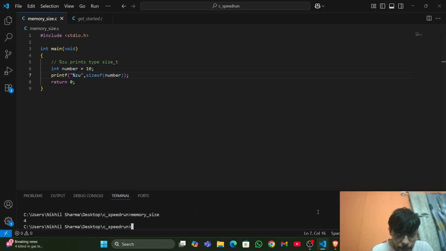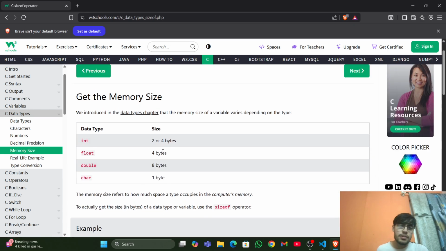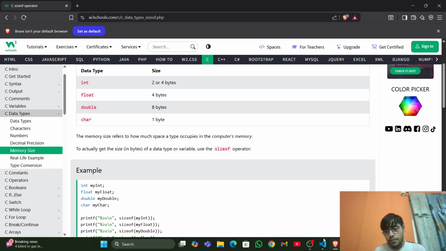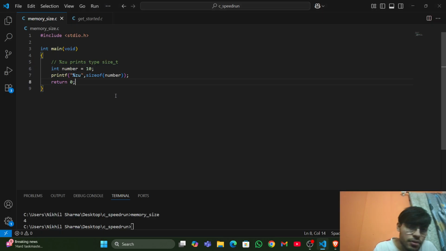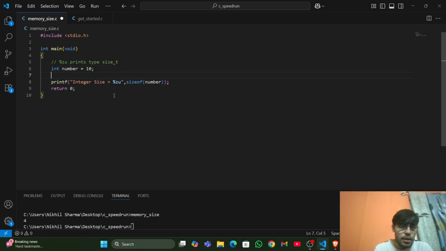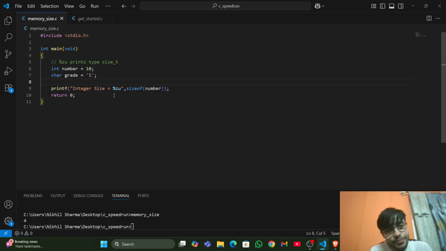There we have it. So our integer is 4 bytes. This compiler makes it 4 bytes, as you can see. It can be 2 or 4 bytes. A character will always be 1 byte. I think I should make it nicely formatted. So I should say integer size is this, and I should make a few more variables. Char grade is a, or s for the fanboys. Float,